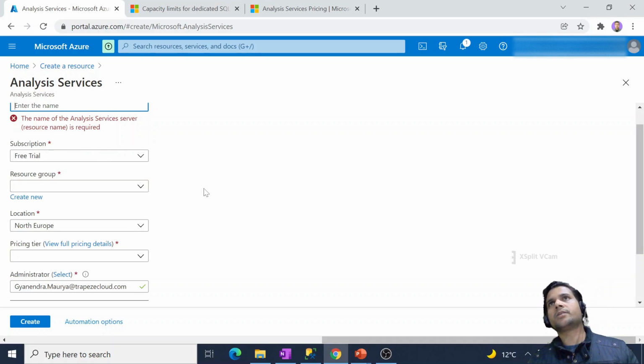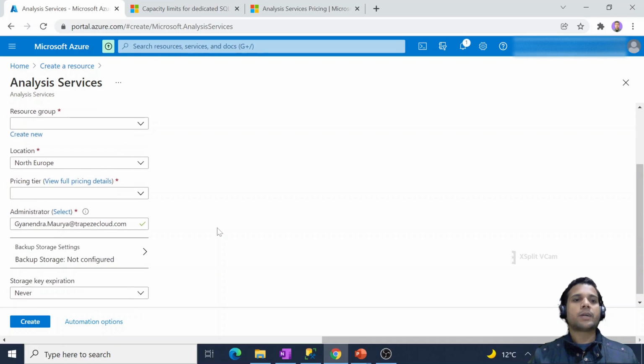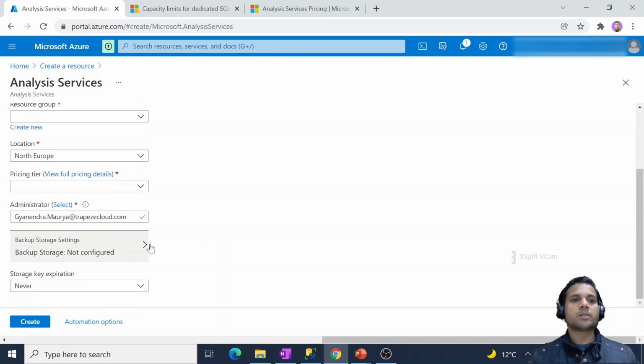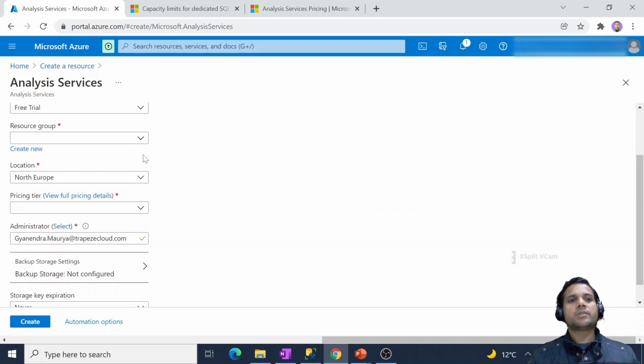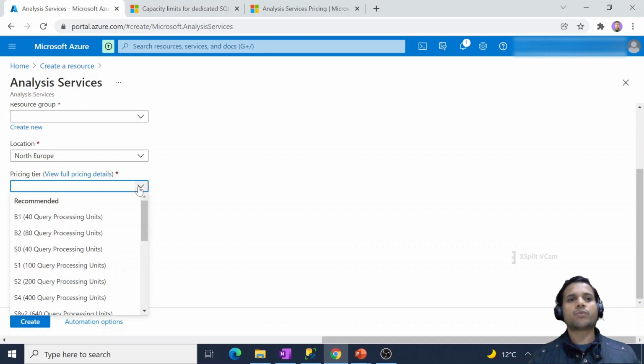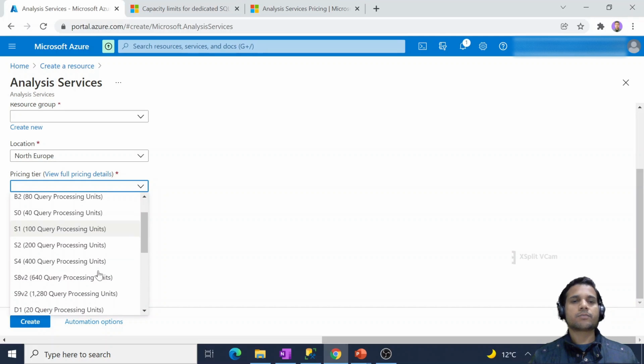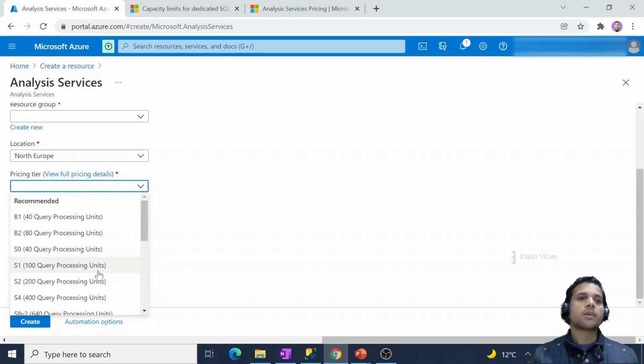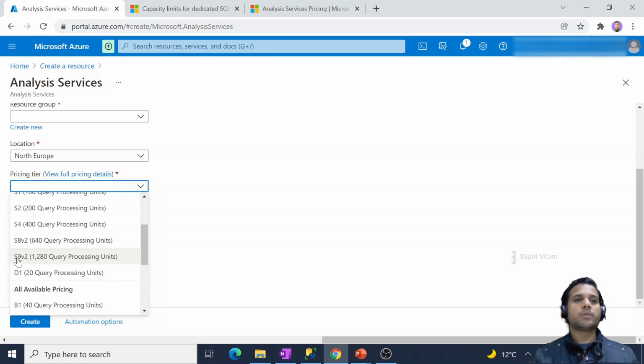If you're working in an organization, then this information can be provided to you based on the requirement and the project, like in which area you want to store the data and what the pricing model could be. For Analysis Services, the pricing is defined by tier. So maybe you can go with a basic tier, a standard tier pricing model,